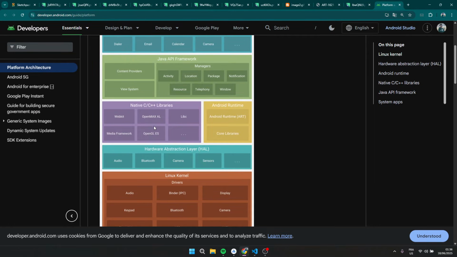next, we have the native C++ libraries. Those are also pre-built libraries, for example, OpenMAX AL, OpenGL ES, the Media Framework, WebKit, libc, whatever. We're going to be using those things.